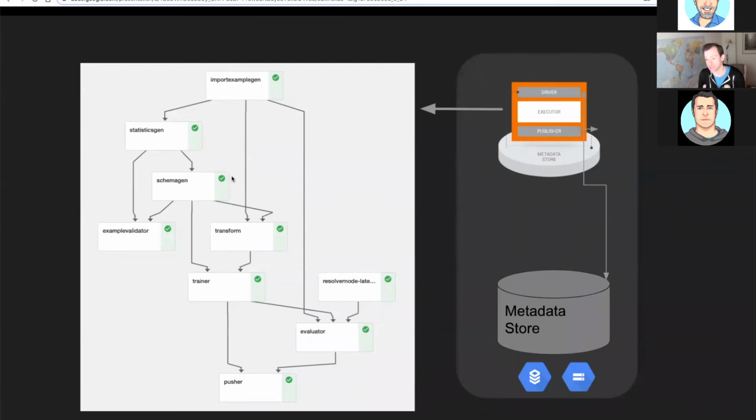So every TensorFlow component is made up of a driver, an executor, and a publisher. So the driver is the input into the executor. The executor runs the work, and the publisher publishes that back to the metadata store. And this enables TensorFlow Extended to call out to an orchestrator like Kubeflow to do the work in the executor, and that's how it interacts with its orchestrators. And so on the left-hand side here, I'll show you this in a second. In the Google Cloud Platform console, you can see